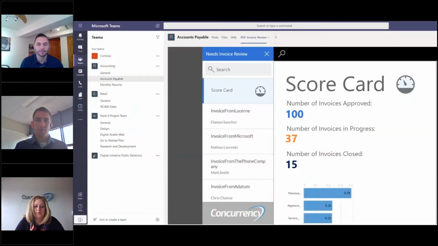Agreed. Awesome. So this is an example of something sort of like that, right? Yeah. I mean, this is in Microsoft Teams, so you can see that it's accounts payable. They're able to see a scorecard up top with just high-level numbers of what's going on right now. So imagine being able to open that up, take action on the data that's there, or just being able to view that and then take action. And then on the next screen here, you're able to click a button that'll actually initiate a conversation within the chat. So being able to do that all through Power Platform, being the Canvas app that you saw there, that could also be embedded